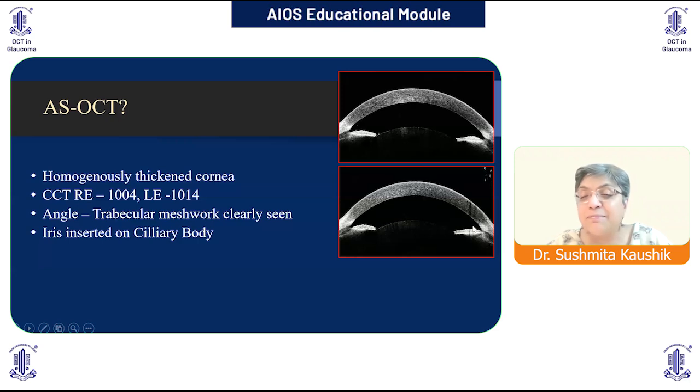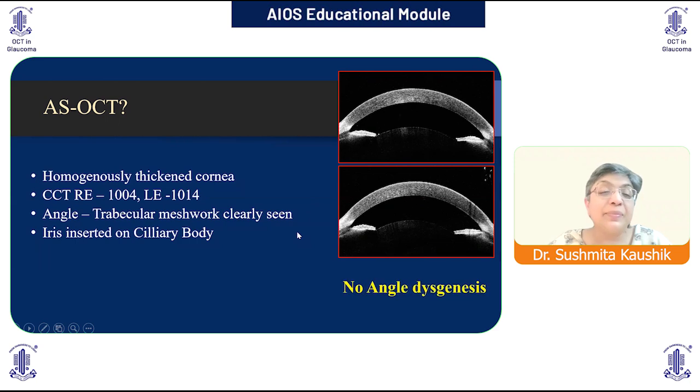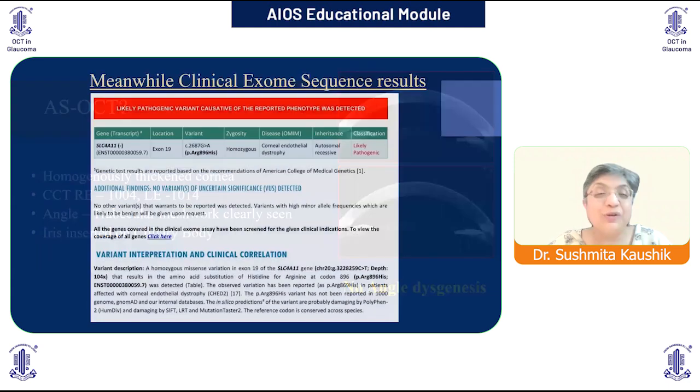The trabecular meshwork is completely open to the aqueous. There's no high iris insertion. There's nothing. It's very unlikely that this is actually a trabecular dysgenesis. The iris is nicely inserted on the ciliary body and looks as though the trabecular meshwork has also developed well. So there's no angle dysgenesis, and we concluded that it must be CHED, but again, to be sure, we got